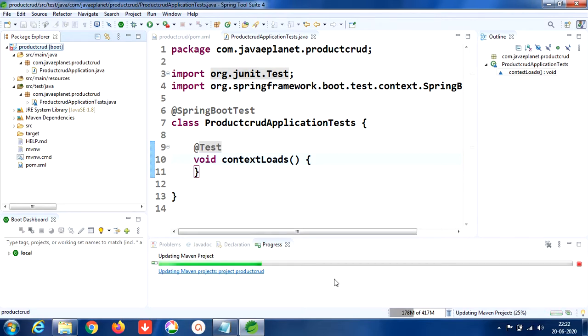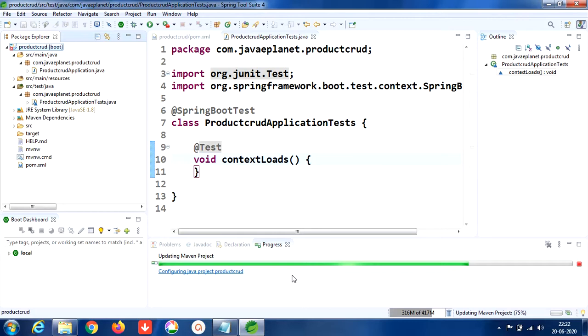The project is being updated. Yes, it is in process.